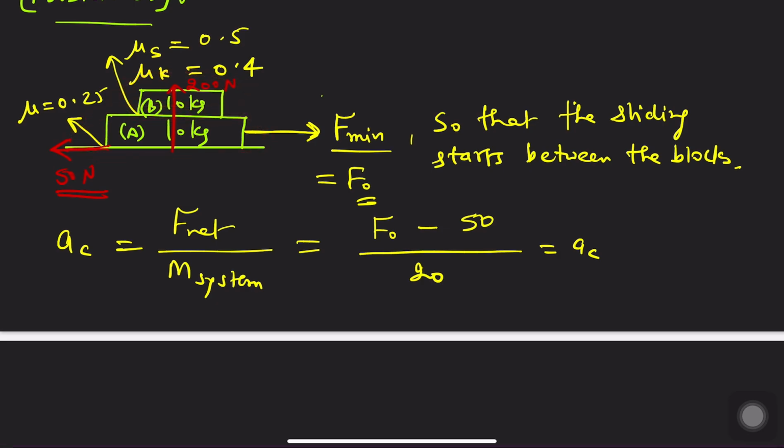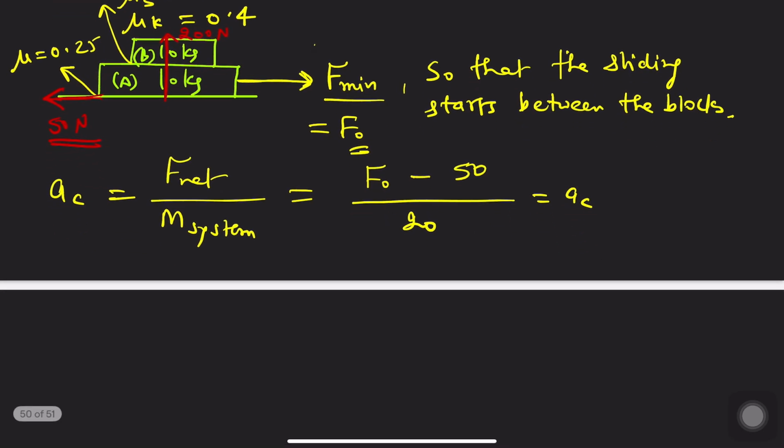It means friction has gone to its limiting friction value. If we have to analyze the upper body, on the upper body, if this system is moving in the